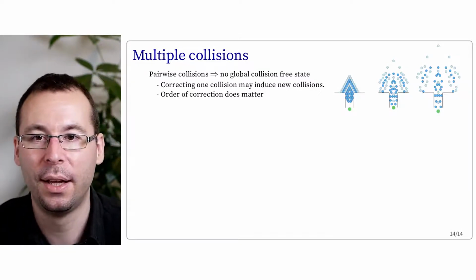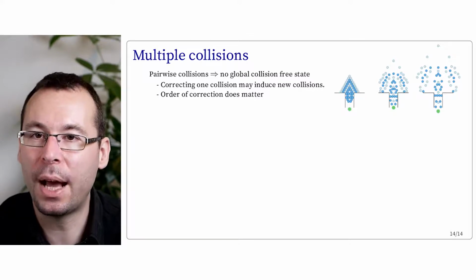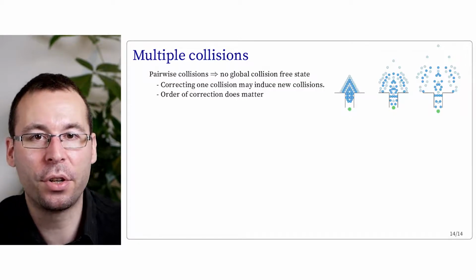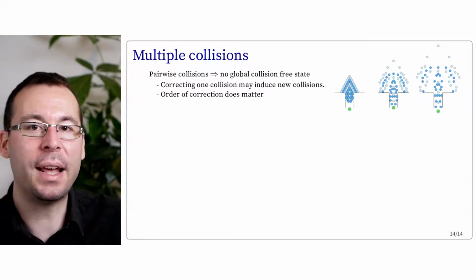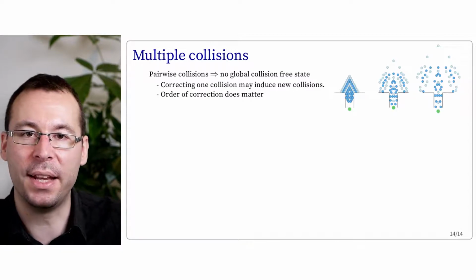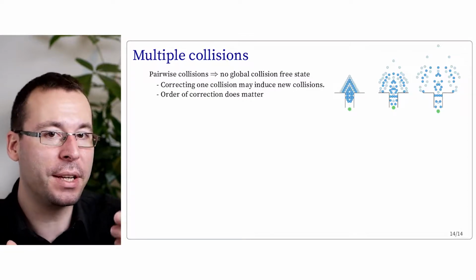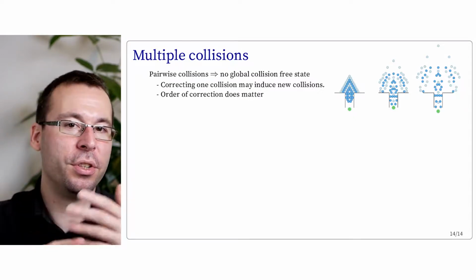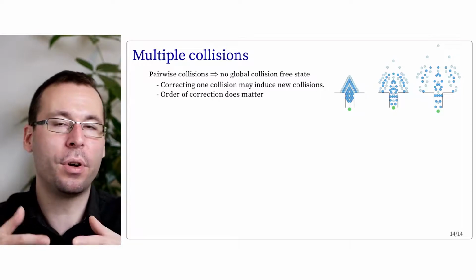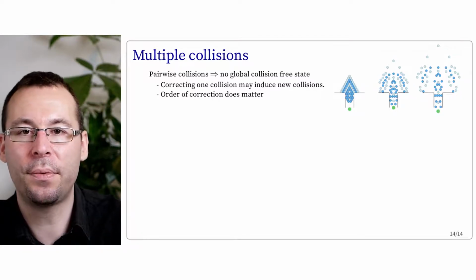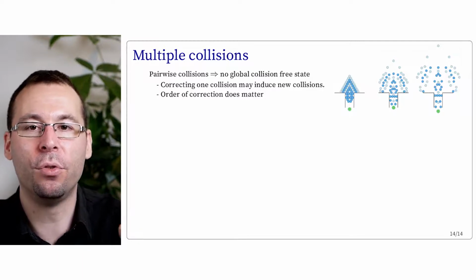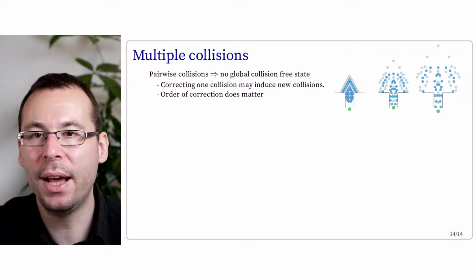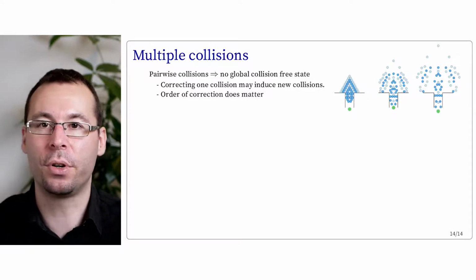So in the case of the example of the lab class, you will get, for instance, a better visual result in treating first the collision between the spheres, and then at last the collision between the sphere and the plane. Like that, you won't see the sphere going out of the boundary of the box. While you may have lots of intersection in the middle of the spheres together, it won't be so visible. While if you start first with the sphere and plane, and after you treat the collision between the spheres, you may push some sphere below the ground, and you will immediately see that something looks wrong.